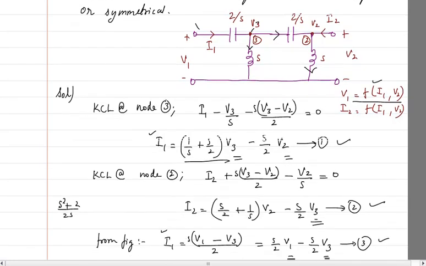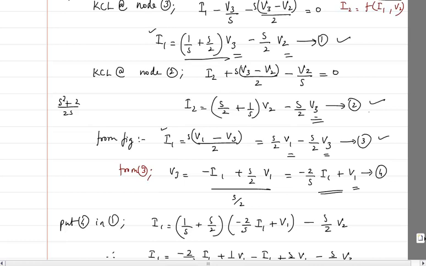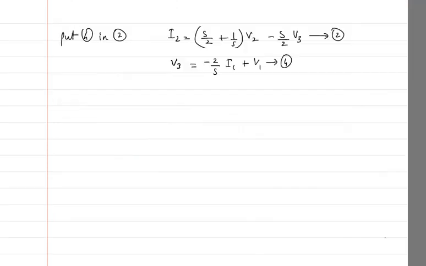Anyway, so let me do this problem. What I have said is that in the equation of V2, that is equation number 2, I will put equation number 4. So next page, put 4 in 2. Equation number 2 is this one, which now I can write again. So I have rewritten equation number 2 and 4. I am going to put 4, that means V3 I am going to put in the above equation.